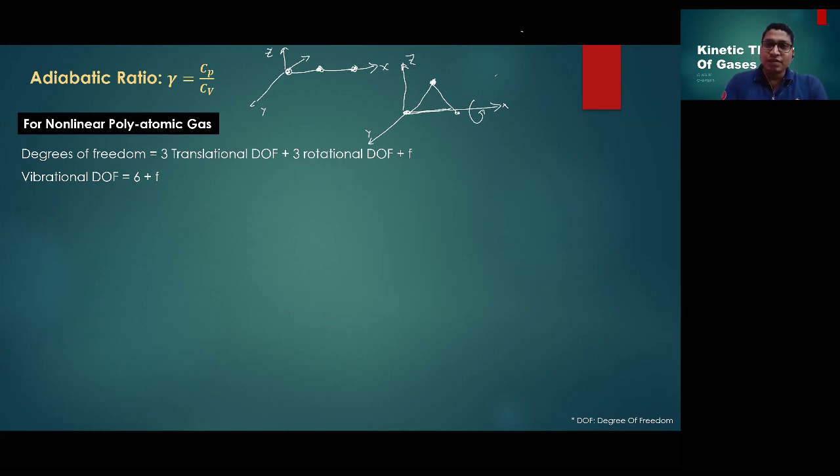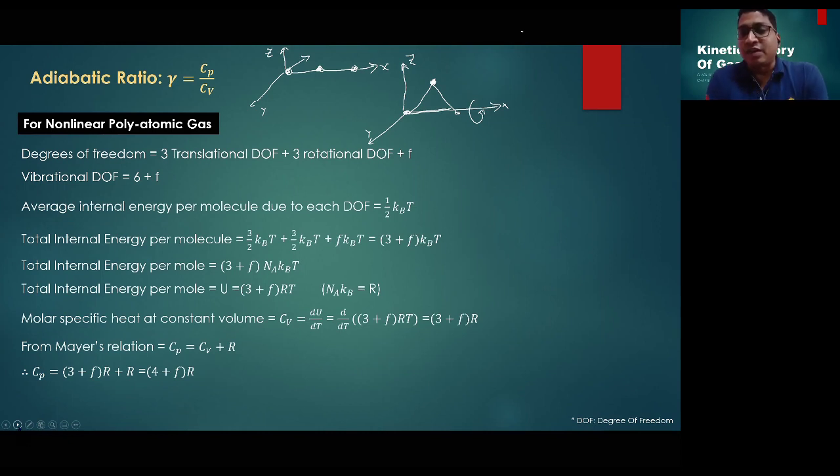Now same thing. Because of each translational degrees of freedom, each translational will contribute 1 by 2 kBT, each rotational 1 by 2 kBT, and each vibrational kBT. So here 3 translational, so per molecule, and the energy because of translational we have 3 by 2 kBT. Because of rotational we have 3 by 2 kBT, and because of vibrational each degree of freedom gives kBT, we are having the f degree of freedom, so it will become f into kBT.